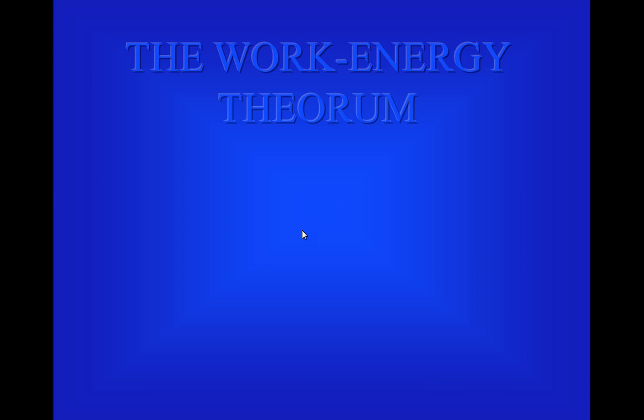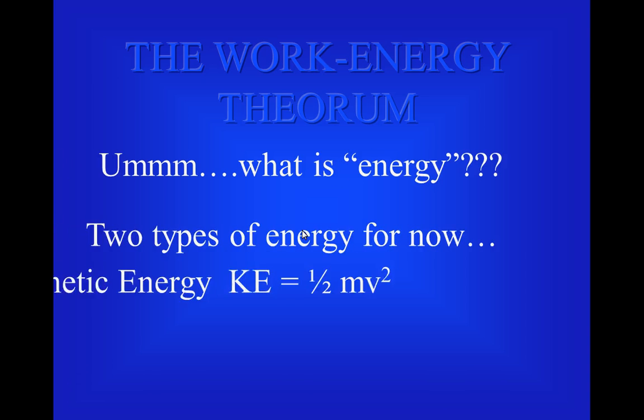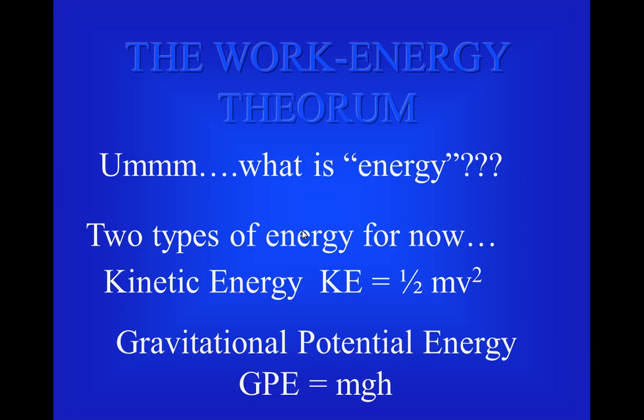So the work energy theorem will state, so for now we have two types of energy. Kinetic energy equals 1/2 mv squared. Anything that has mass, and any mass that is moving has velocity, so it has some sort of energy. We call that linear kinetic energy or translational kinetic energy. For right now, we'll just call it kinetic energy, 1/2 mv squared. The other type of energy I just spoke about, gravitational potential energy,